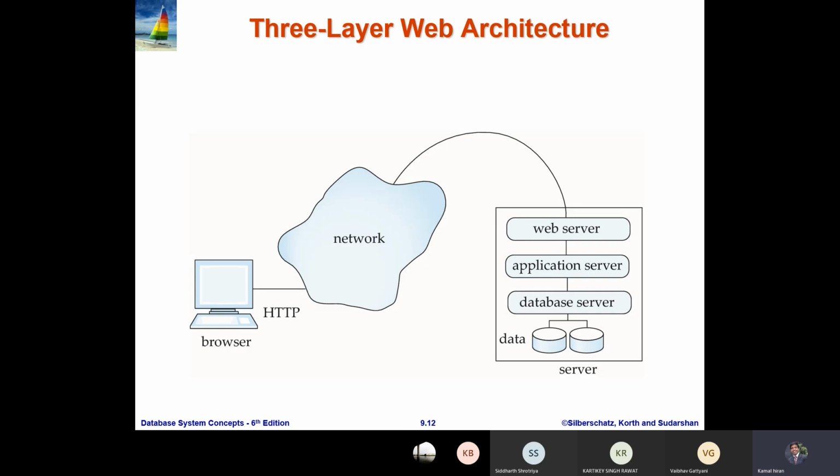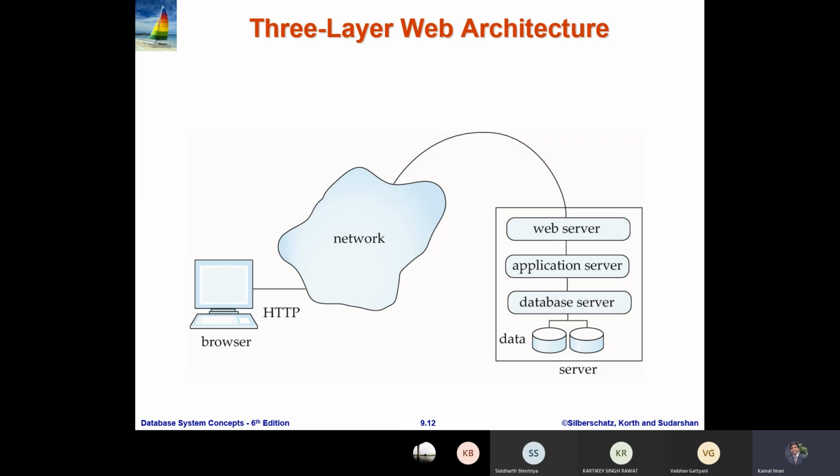So here you can see this is a 3-layer web architecture. Here we have a browser. Here this is our computer, and as we discuss about the HTTP protocol, which is used for the communication in the networking, and this is our network. We have a different kind of network, whether we are in the LAN, MAN or WAN, and then you can access the data by the help of different kind of server here. You can see here we have the web server, we have the application server, and we have the database server.